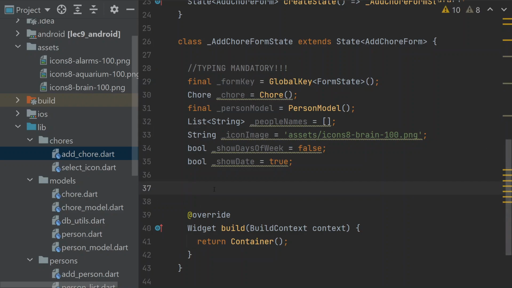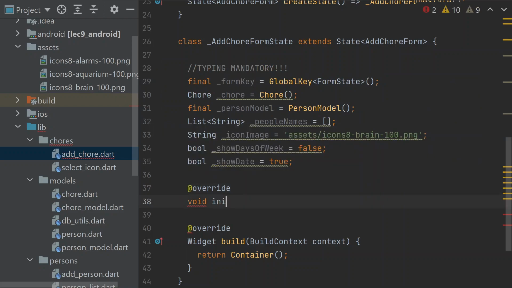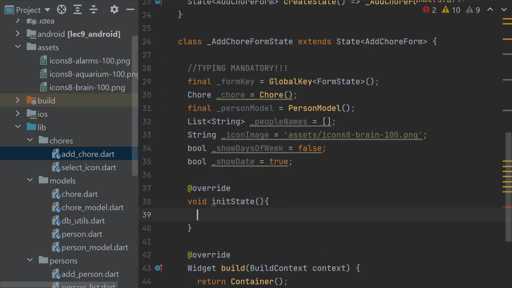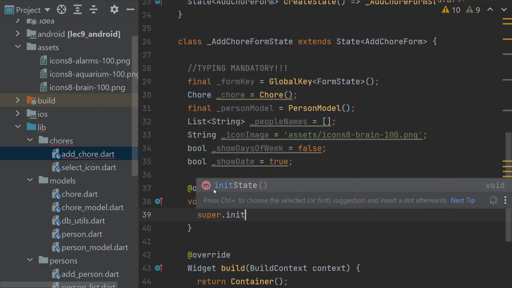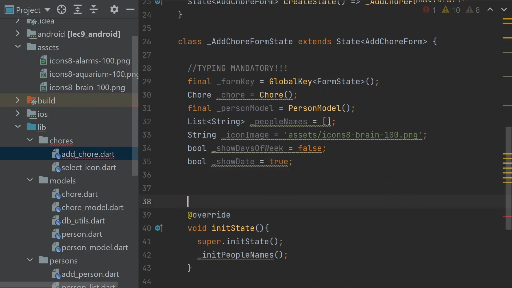First off, I want to write a function, override a function, init state. And when we initialize, we need to do the super version. And we're also going to call a function called init people names because we need to query our database before anything else and figure out who is actually around. So init people names